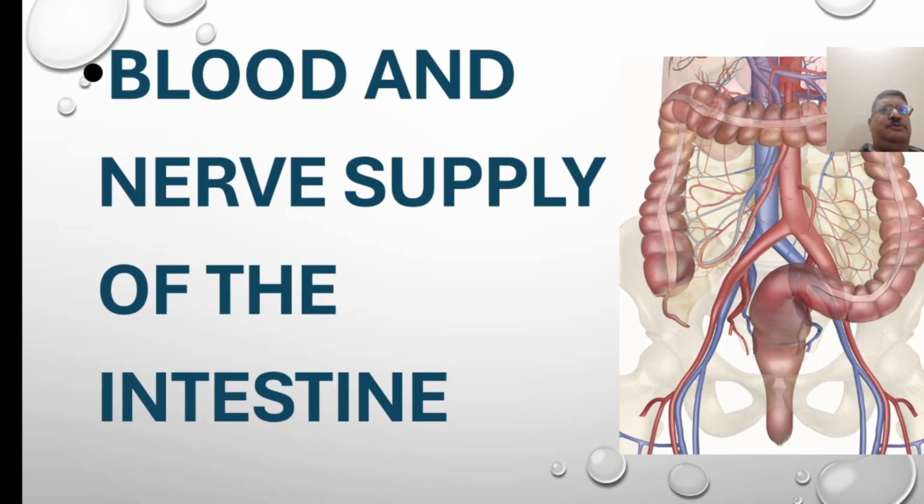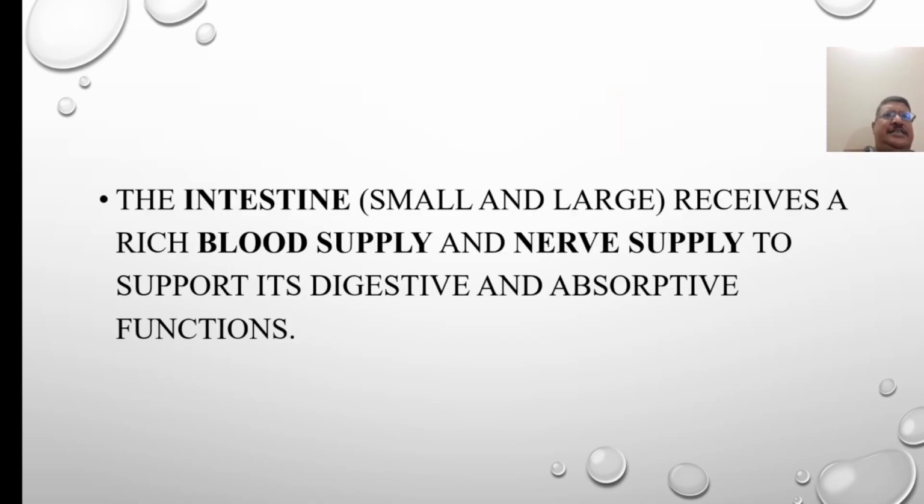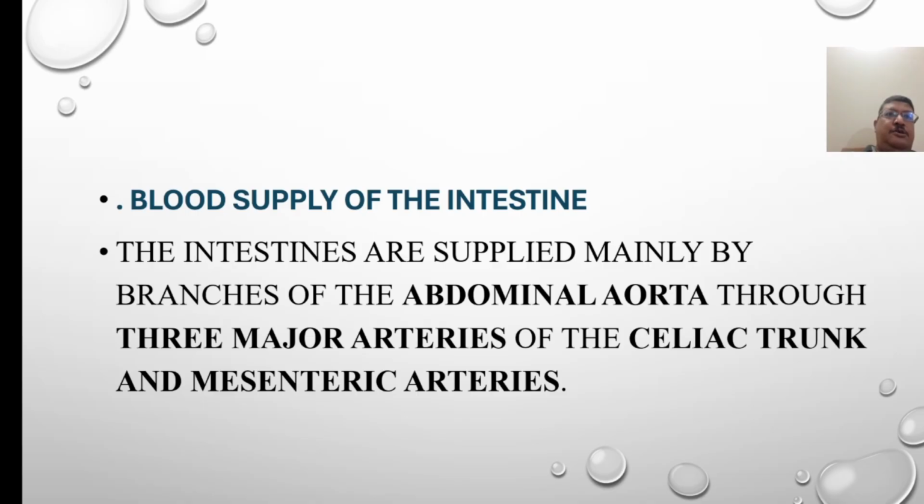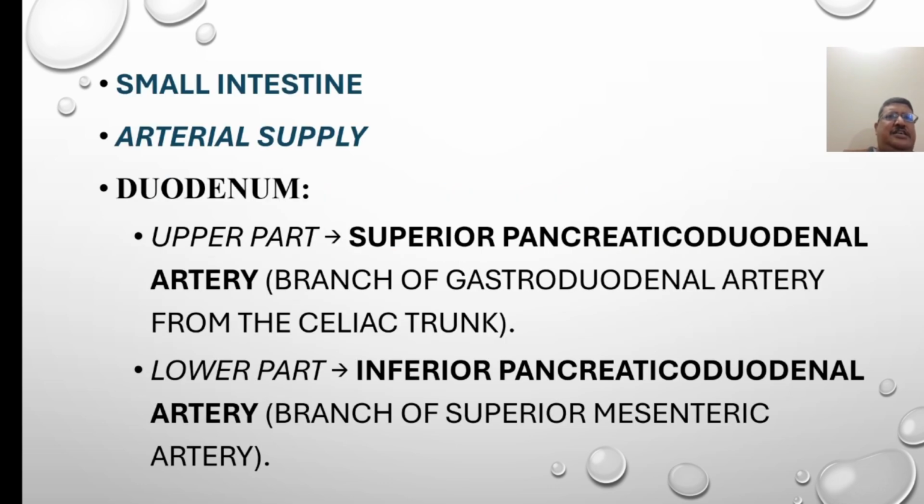Blood and nerve supply of the intestine. The intestine, small and large, receives a rich blood supply and nerve supply to support its digestive and absorptive function. Blood supply of the intestine. The intestines are supplied mainly by branches of the abdominal aorta through 3 major arteries: the celiac trunk and the mesenteric arteries. Small intestine arteries supply the duodenum, upper part, superior